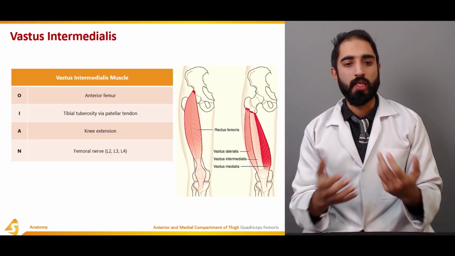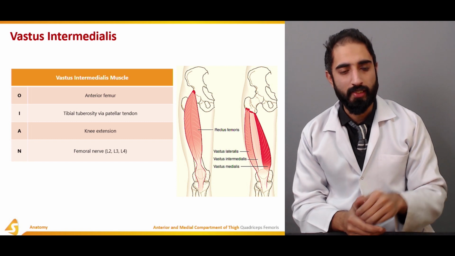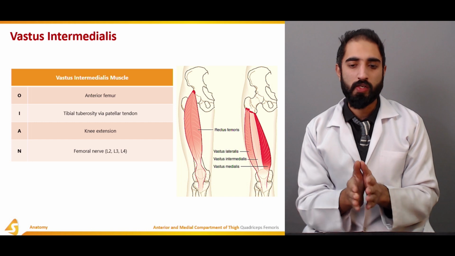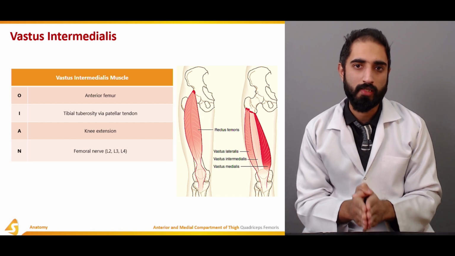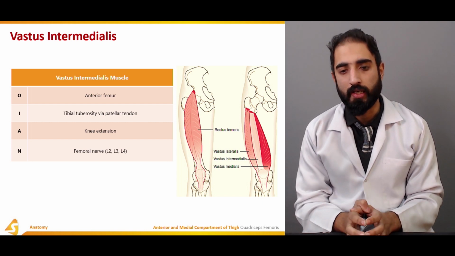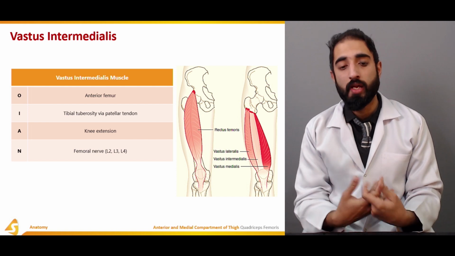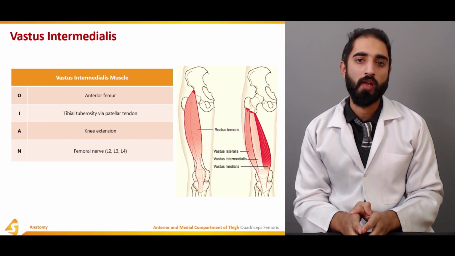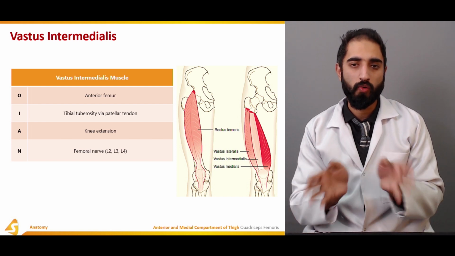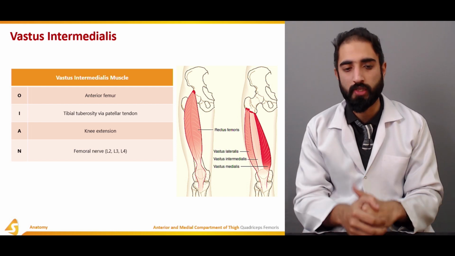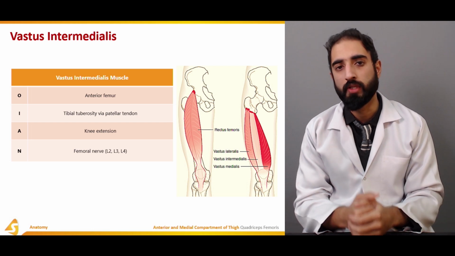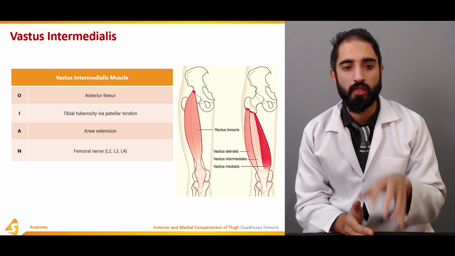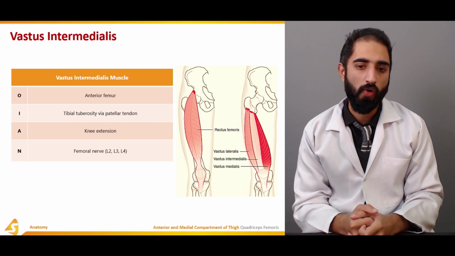The last but not the least is the vastus intermedialis muscle. It is present beneath the rectus femoris, and it is again in the center, between the vastus lateralis and vastus medialis. The origin is from the anterior femur, unlike the vastus lateralis and vastus medialis, which start from the posterior aspect and come towards the anterior aspect. It starts off from the anterior aspect, and it inserts via the patellar tendon to the tibial tuberosity,